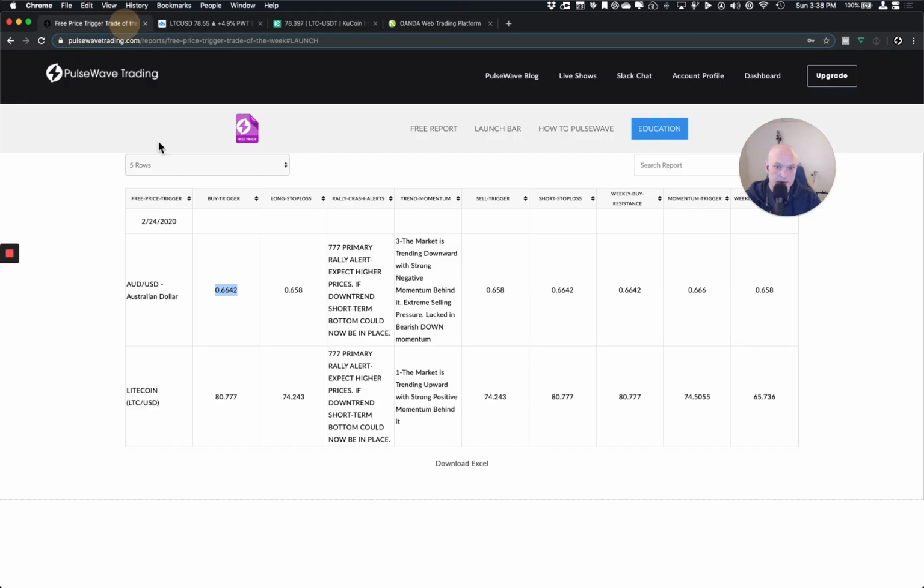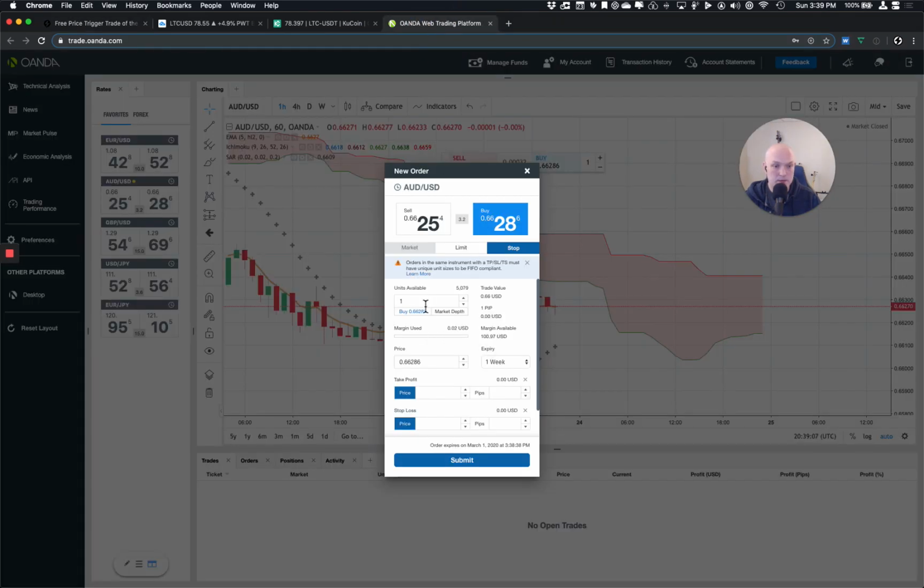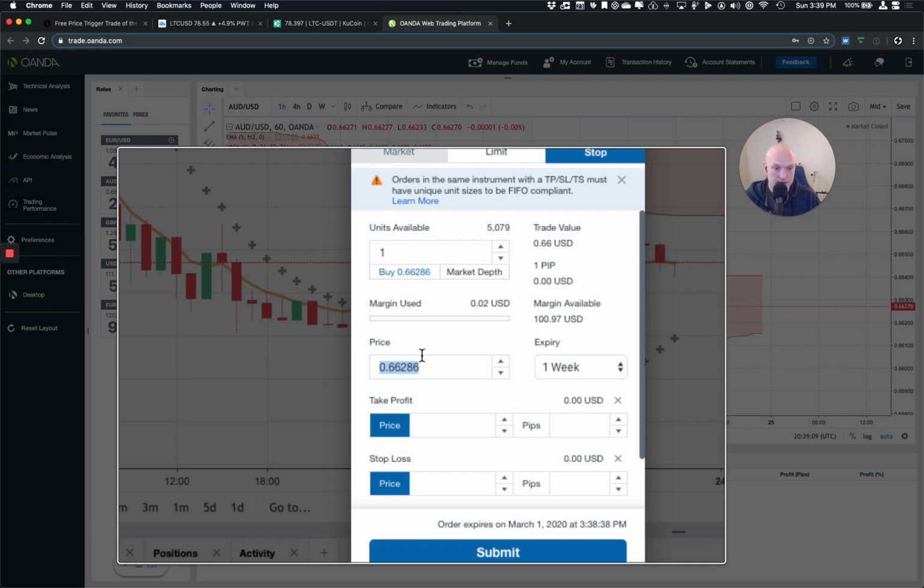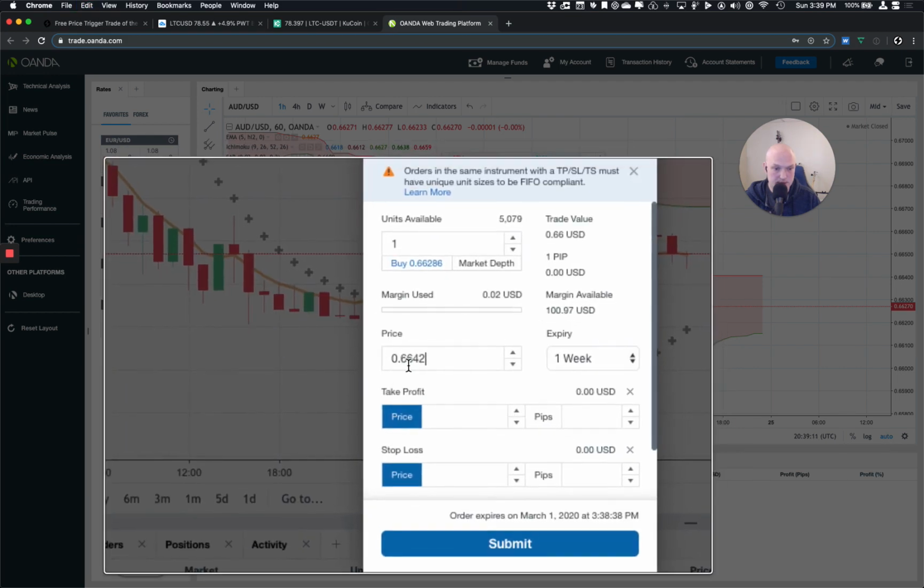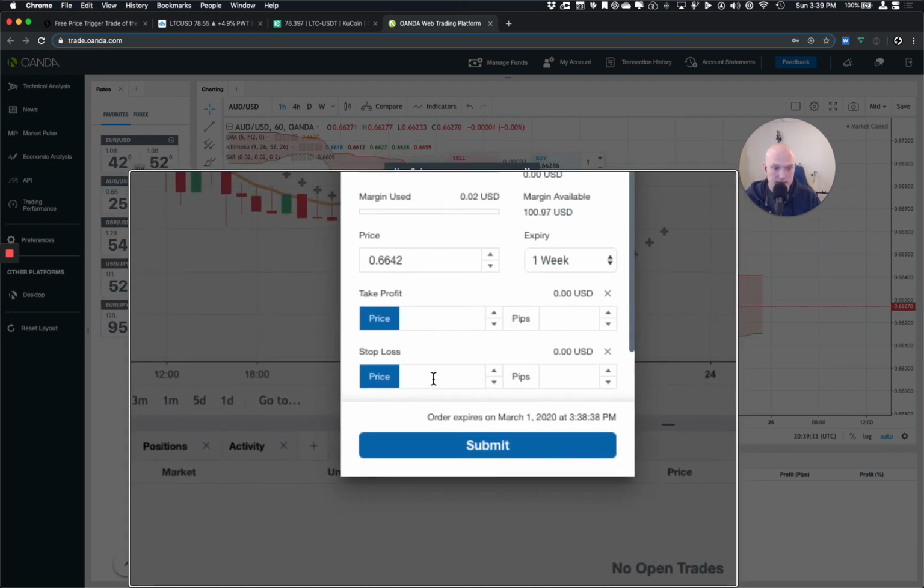And then I'm going to go grab my buy trigger. And I already checked before, it hasn't been violated, and the market's not open. So put it right here where it says price. That's our price. And then we're going to add our stop loss,